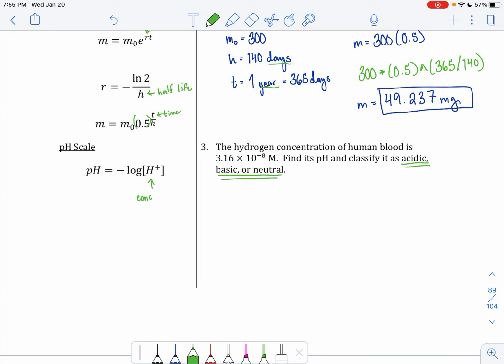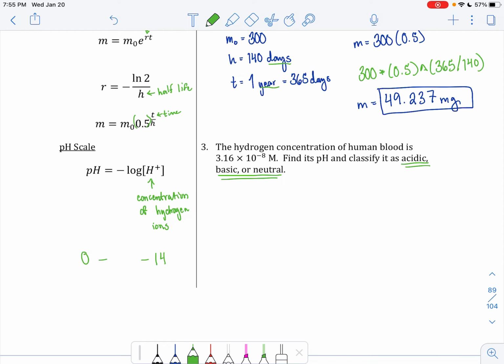So this is what H plus is, the concentration or the number of hydrogen ions in a substance. And if you remember pH from science class, they go from 0 to 14,